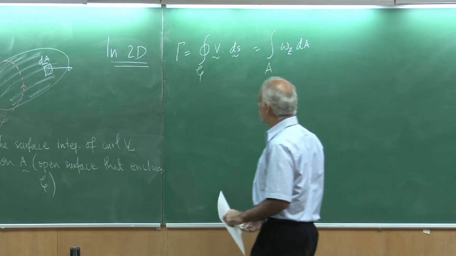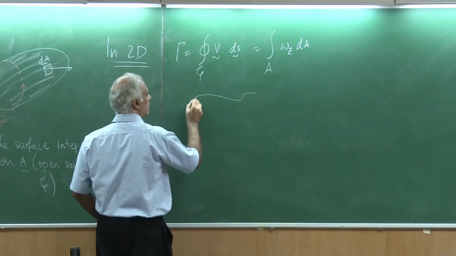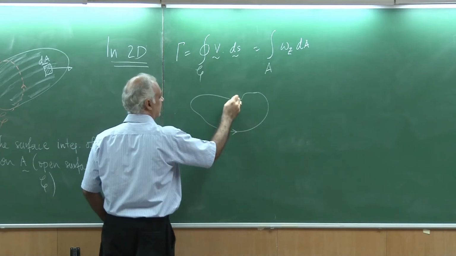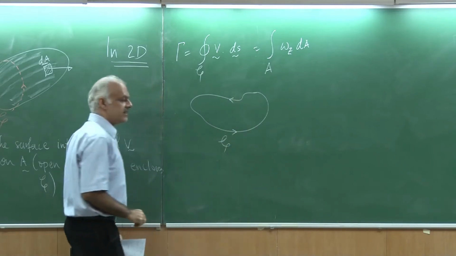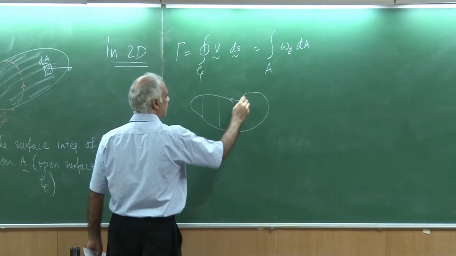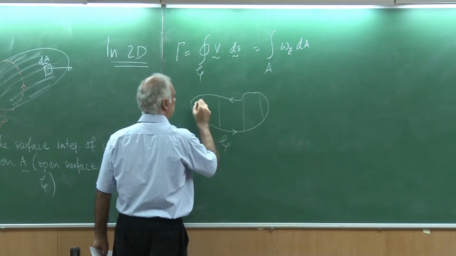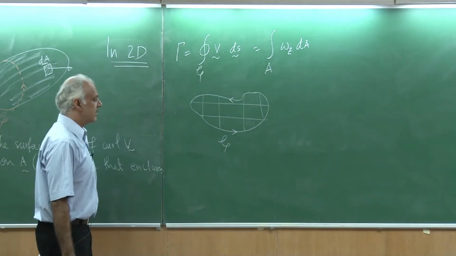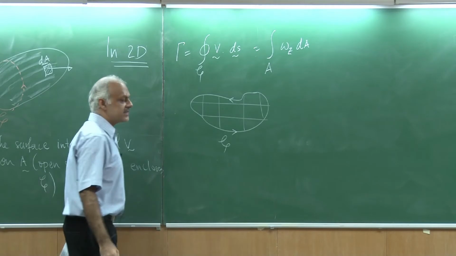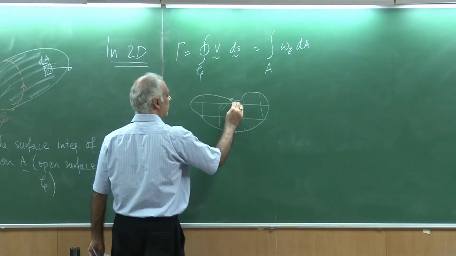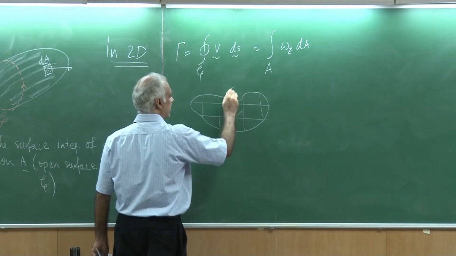Let me show this pictorially. So, if I took this curve C and I broke it into these different elements, so this entire area is A, and suppose I call each one of these as dA,